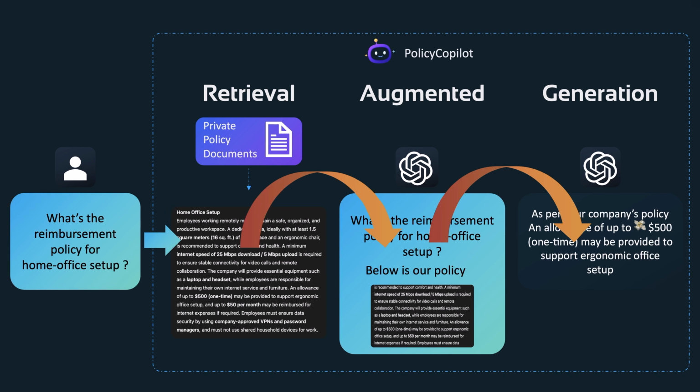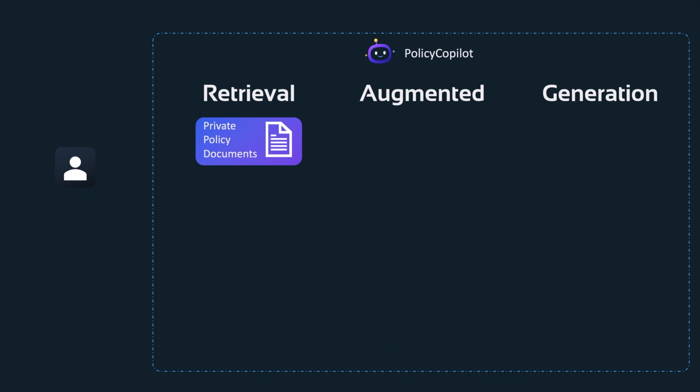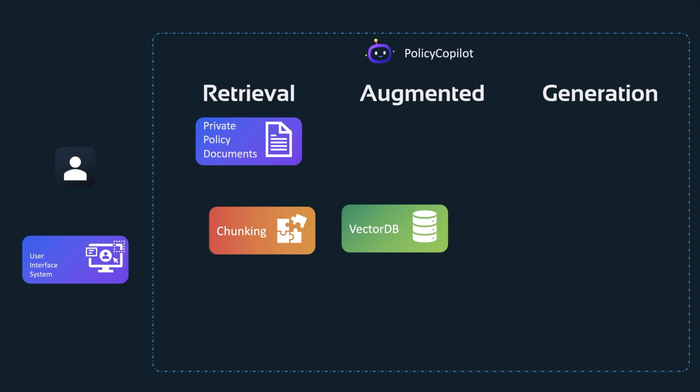User query goes to retrieval, then augmentation, then generation, and finally response. But this is just the high-level view. In a real system, there are many more components working behind the scenes to make this happen smoothly, efficiently, and reliably. Now, everything we spoke about so far, such as chunking, creating embeddings, storing it in VectorDB, etc., are things